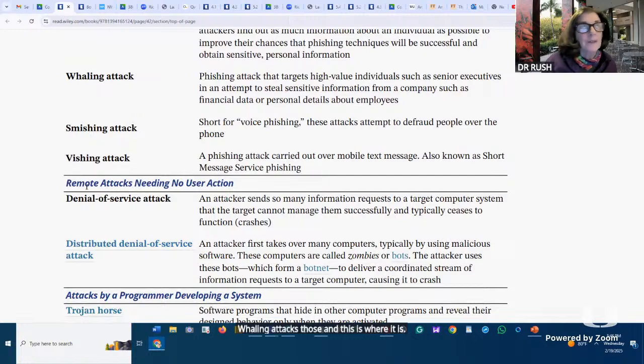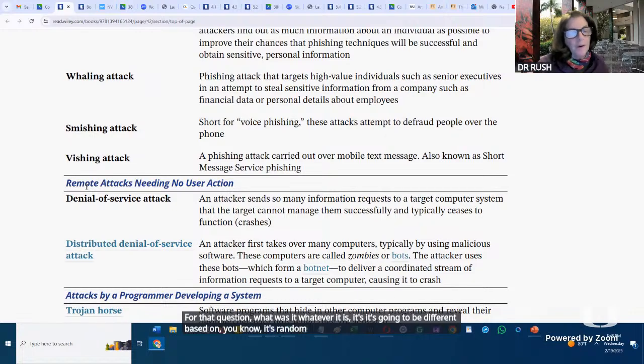For that question, what was it? Whatever it is, it's going to be different, it's random, Mark, the order that you have. I think for you it is question 9. But you see here, remote attacks needing no user action. And that is denial of service attack. This is how they define it: an attacker sends so many requests to a target server that the target server can't manage them successfully.